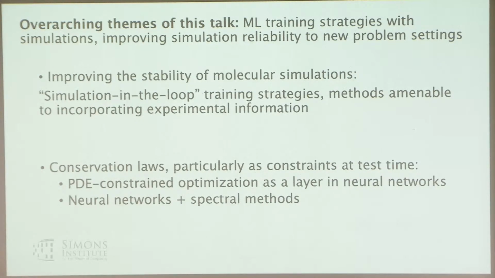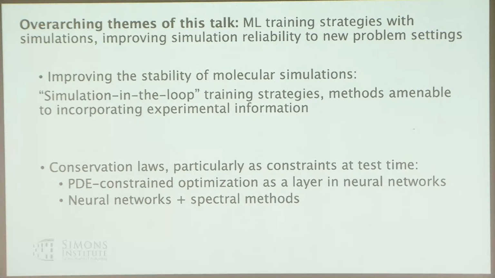And the second thing I'll talk about is this idea of conservation laws. So the world is physical, and there are certain laws that we do know hold true. Now, I know it's been a topic of discussion at this workshop to what extent you should actually incorporate those conservation laws into your machine learning model, particularly at training time, because that can make optimization more difficult. And there is this trade-off of what we might see in the physical world being different from what we might see when we do neural network optimization.